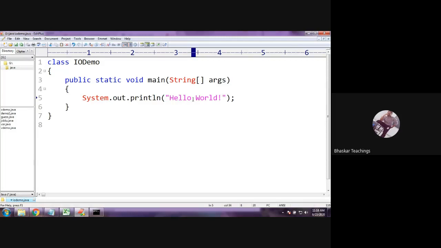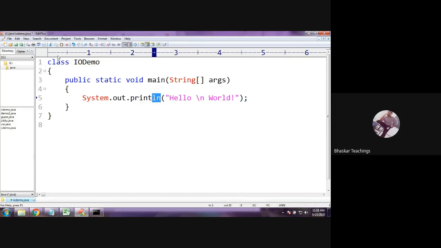Of course, here also if I include slash n, this character is considered as an escape sequence and it will be considered as the enter button. So now hello and world will be separated with a line. Not only in C language, in Java also you can use these escape sequences. But other than this, we have the println method directly. You need not mention slash n in the printing statements.